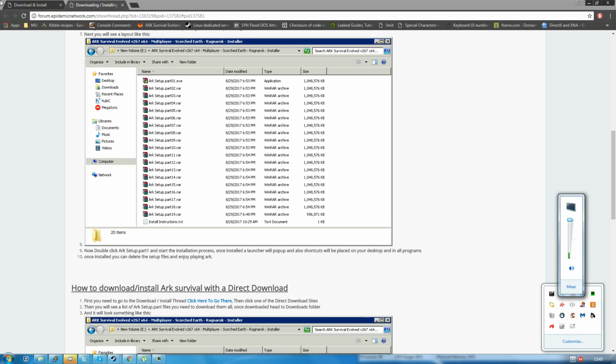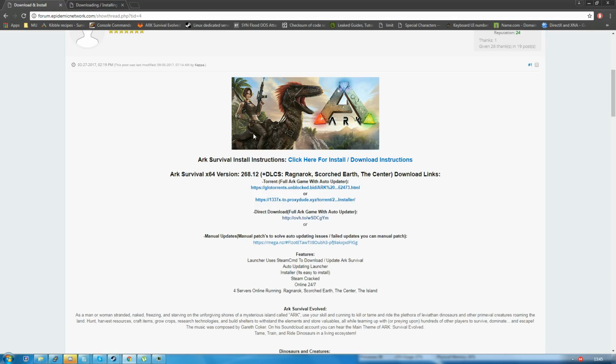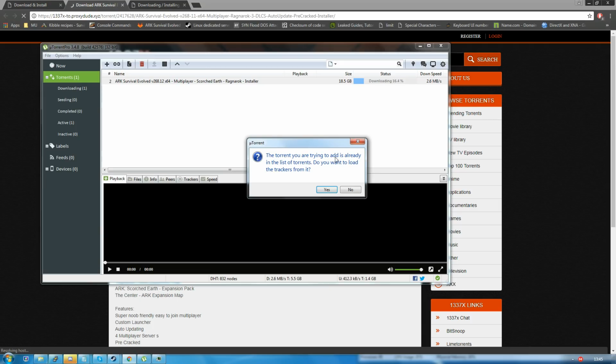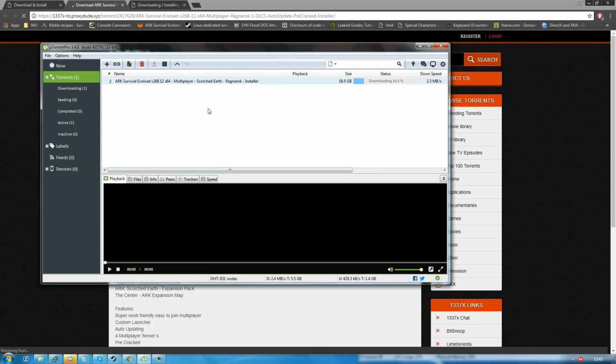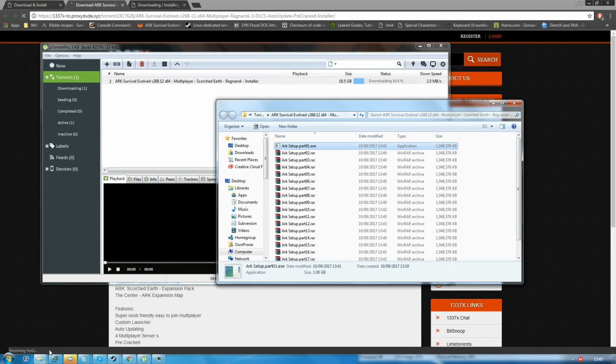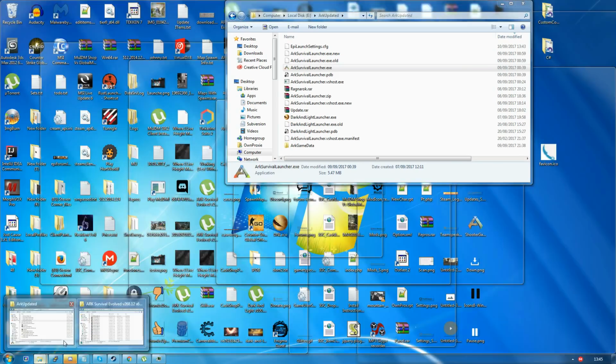And well, once you are here and you want to download a torrent, you're going to click one of the sites, and normally they're just like magnet buttons, so you just click one of the magnet buttons. See, this will pop up because I already had it added, but it will add here. Once 100%, all the files will kind of look like this, but this will actually have an icon. You'll double click this to set up, and once set up, a launcher like this will pop up,